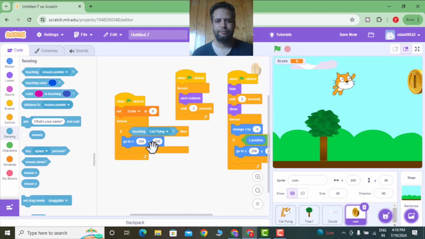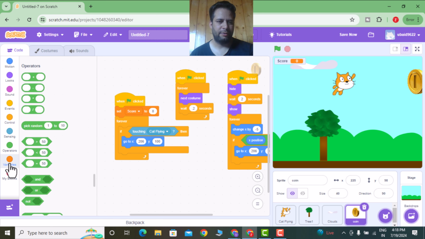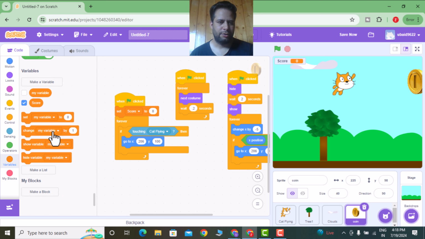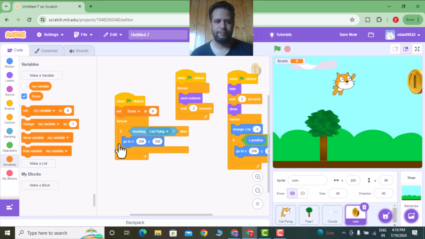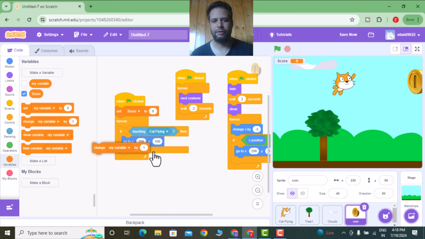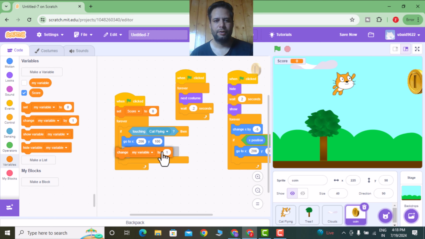First thing is touching cat, so move to the initial position, and also at this touch the score should get changed. So I will go to variables, change score by 1. You can give 10 also, it is up to you. Instead of my variable I will choose score, change score by 1,